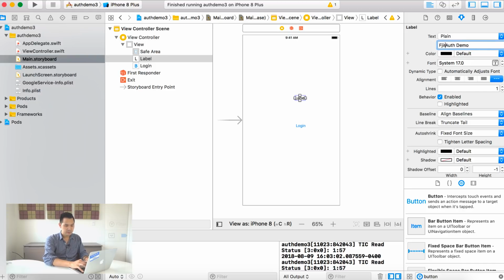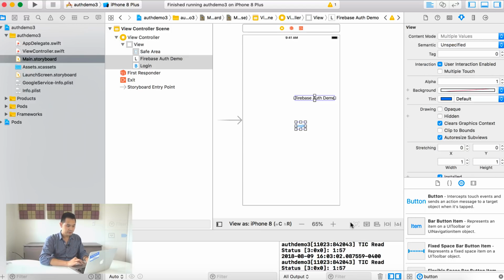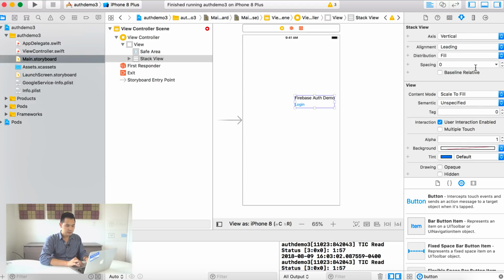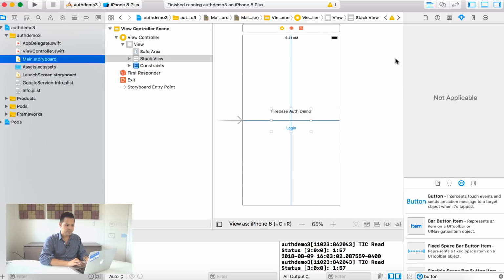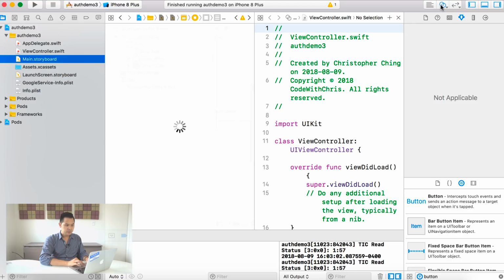Let's call this Firebase Auth demo. I'm going to grab both of these, put them into a stack view, and then center it, add some spacing in between these elements, and then center it on the view here. And now what we're going to want to do is open up this